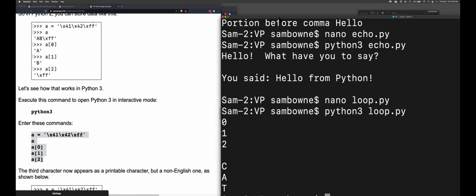Now I'm going to run Python in interactive mode. All right, so Python 3. And I'm afraid my screen has failed to update again. Let's see, I'm going to put it here and run it. But it is in fact failing to update again. So I'm going to stop the recording and